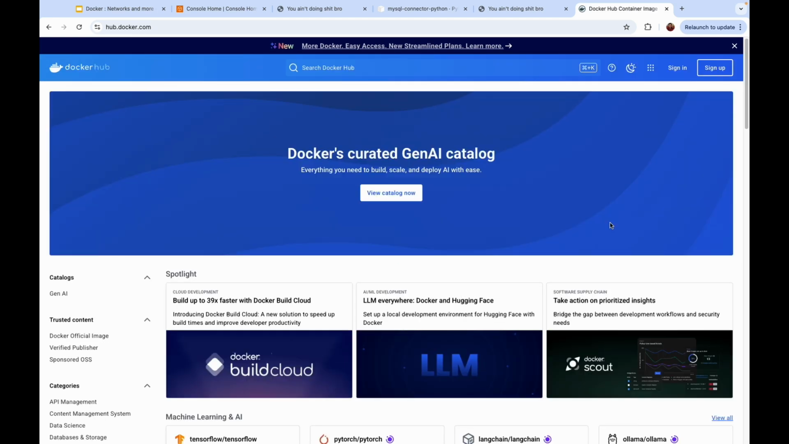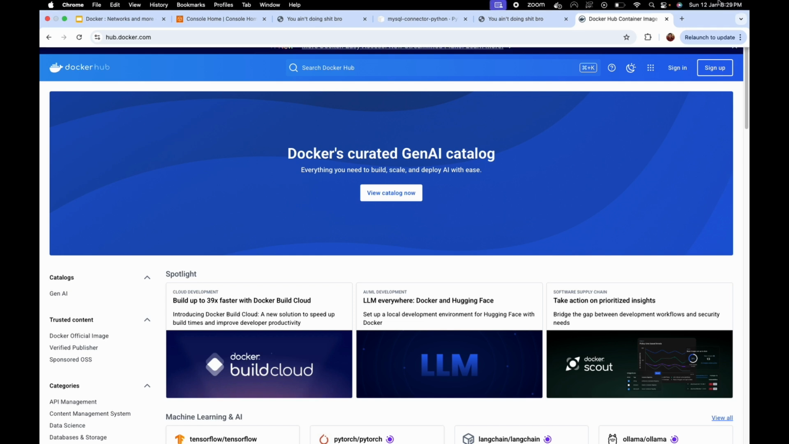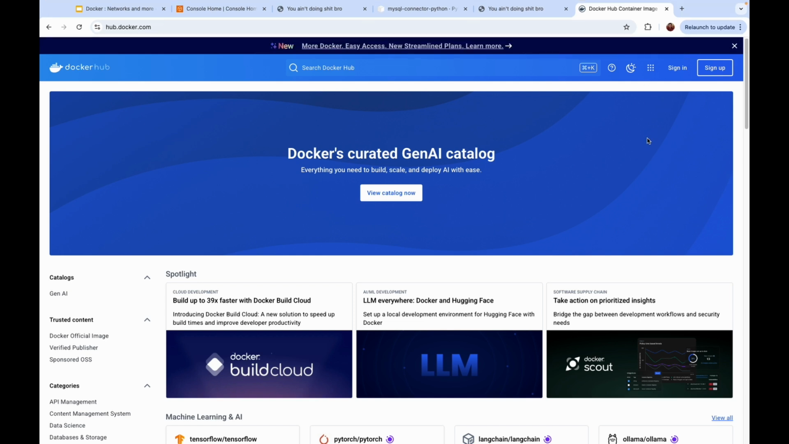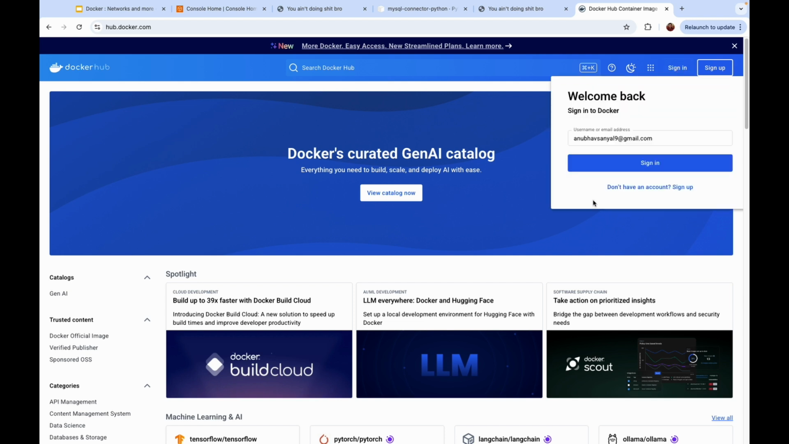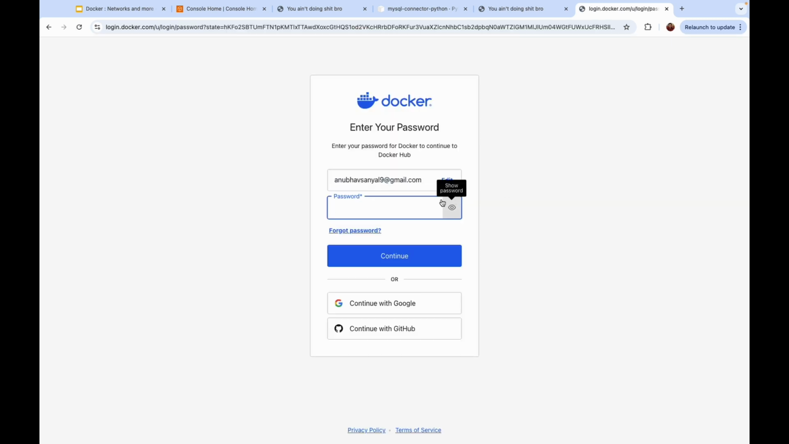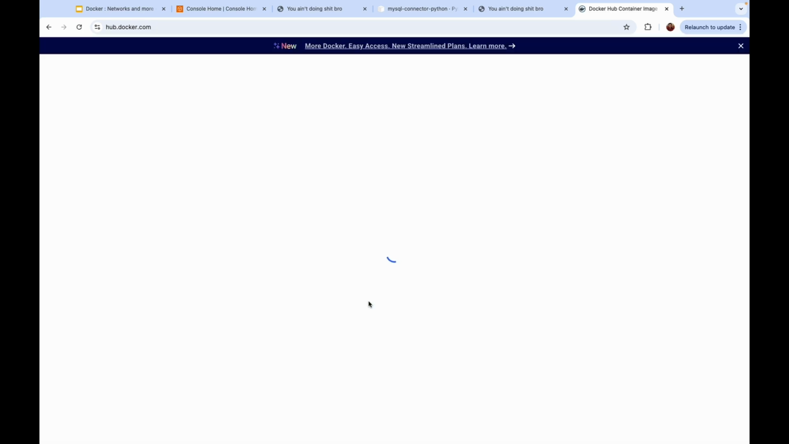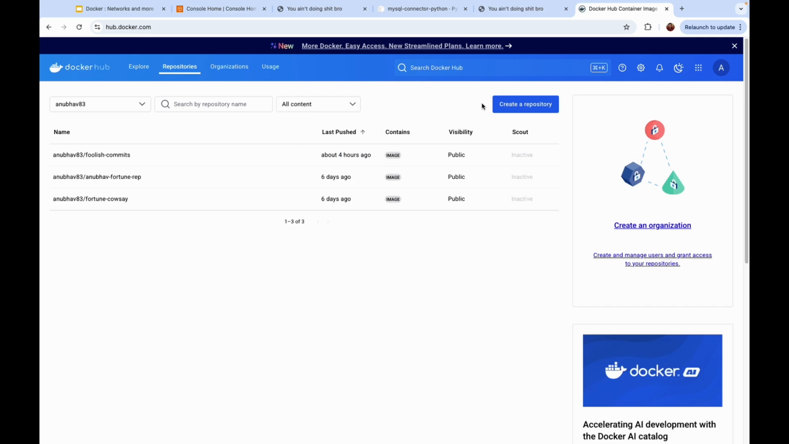When you click on Docker Hub, the interface would be something like this, depending upon when you see this video, but as of January 12th, 2025, this is how it looks. You can click on sign in. It tells you to enter your Docker password, so I think I should continue with Google instead. So yeah, I'm logged in now, and what you need to do is create a new